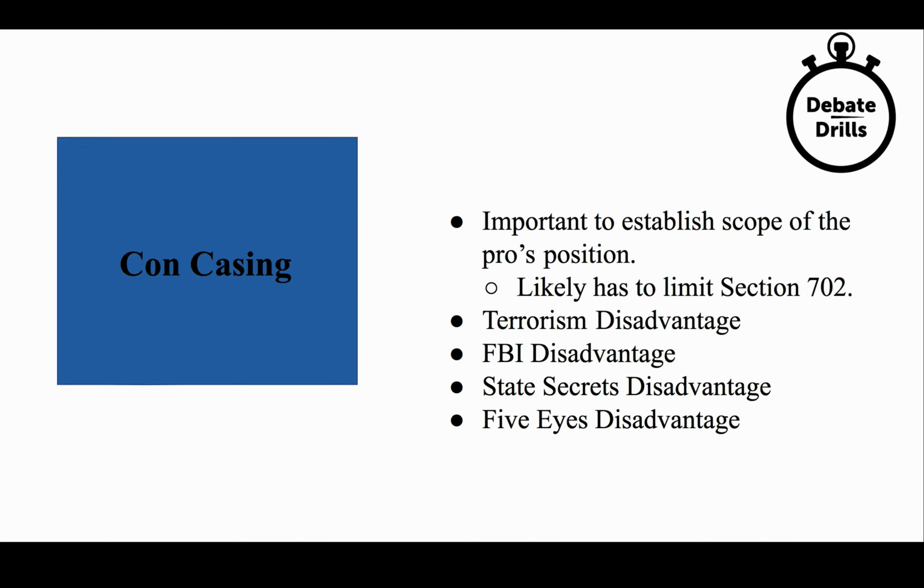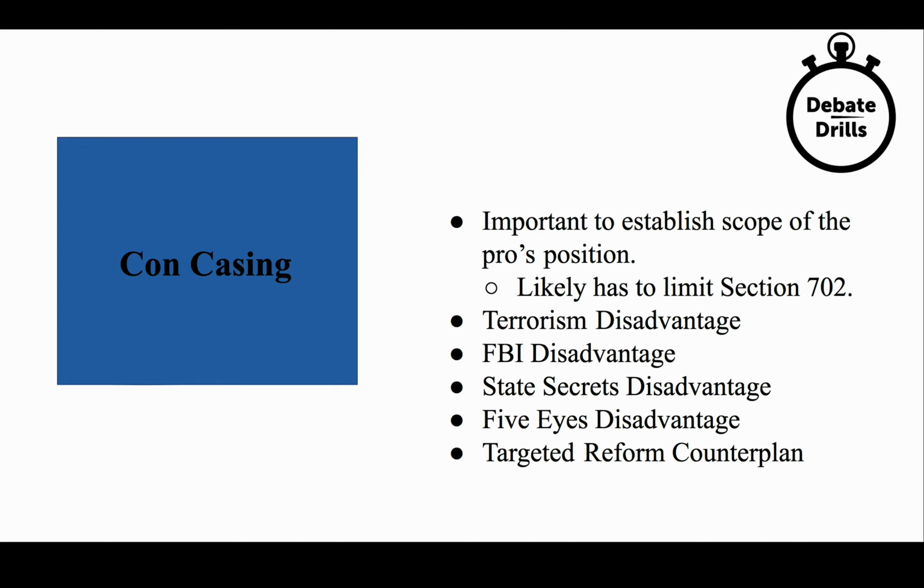The final position is the targeted reform counterplan. So, while the pro side takes really a sledgehammer and just eliminates all types of data collection on American citizens and permanent residents, the con does have the option of using much more of a scalpel and a much more targeted, deliberate approach that instead reduces the amount of data, but not enough to trigger some of the disadvantages associated with the pro side.